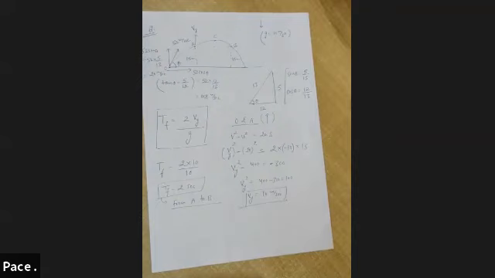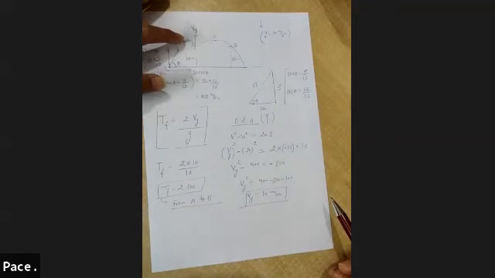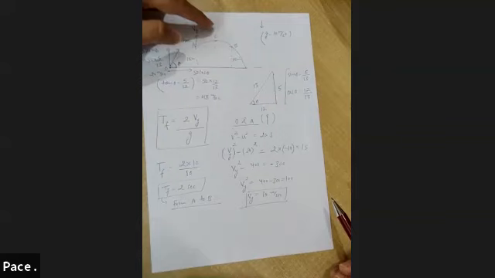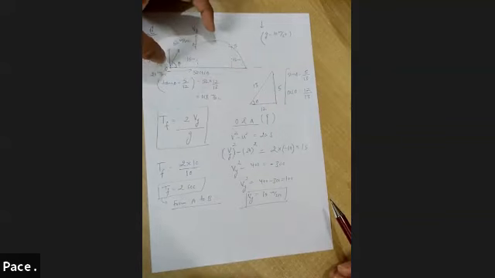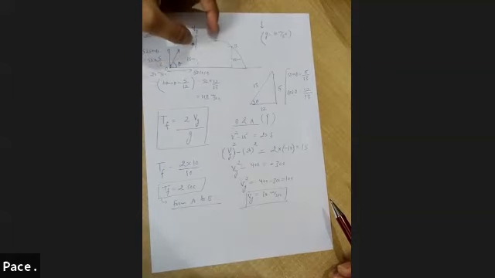Okay, there are many methods to solve this problem. I told you in kinematics, you can use multiple methods. So this one is the shortest, which I feel, so I applied this one. Or else what you can do, you can find out the time from O to A, and then find out the time from O to C by finding out the maximum height, and then take the difference of those two times. You will get the time from A to C, and then just double that value, you will get the time from A to B. So there are multiple methods to solve this problem.